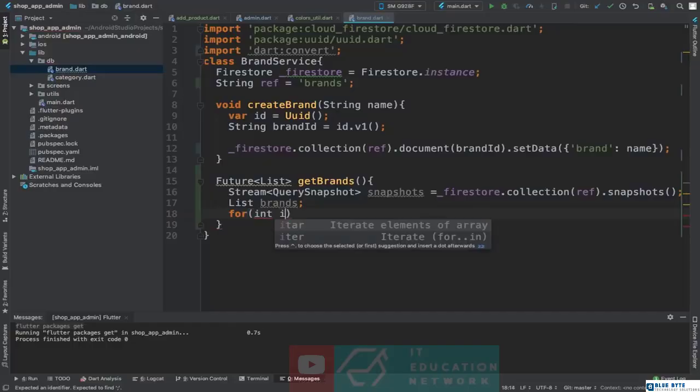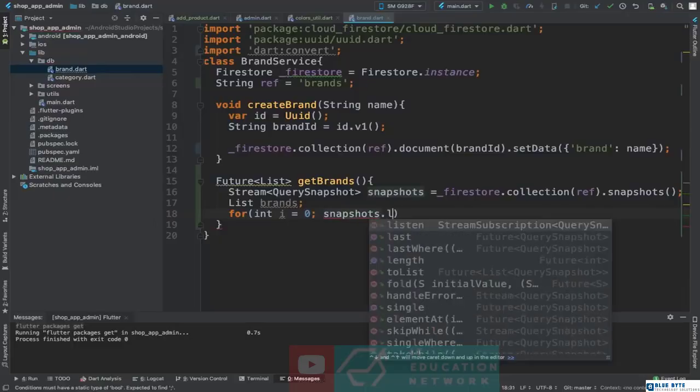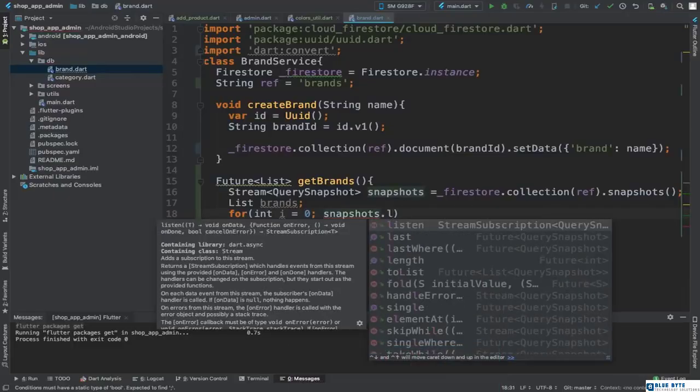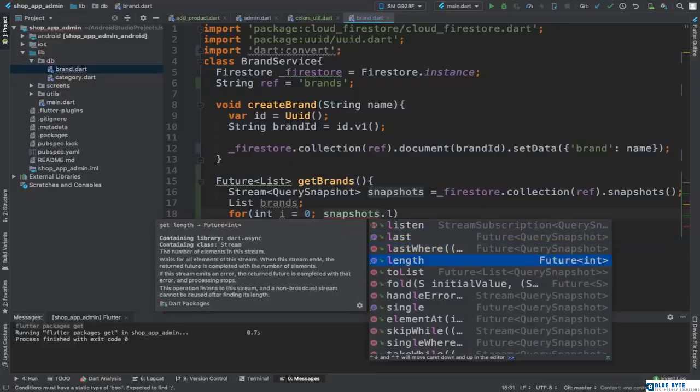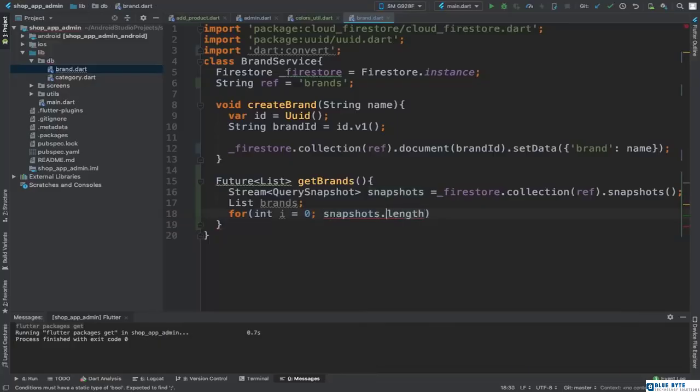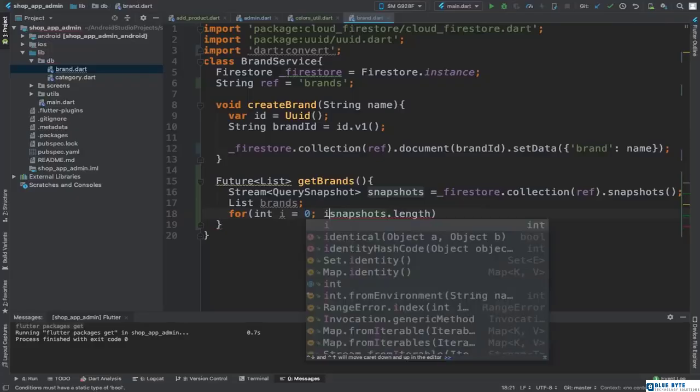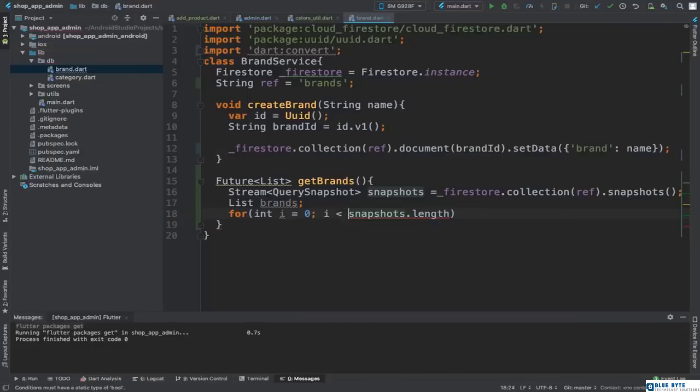Int i is equal to 0, then snapshots dot length, meaning that i must be smaller than snapshots dot length,